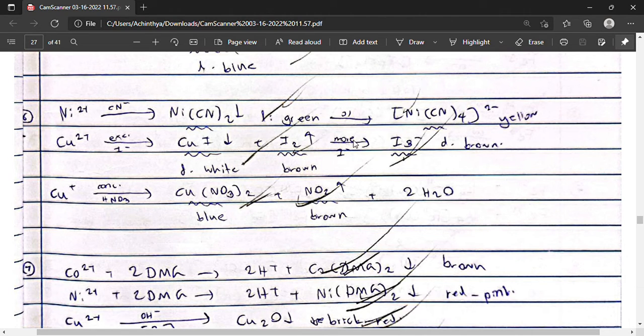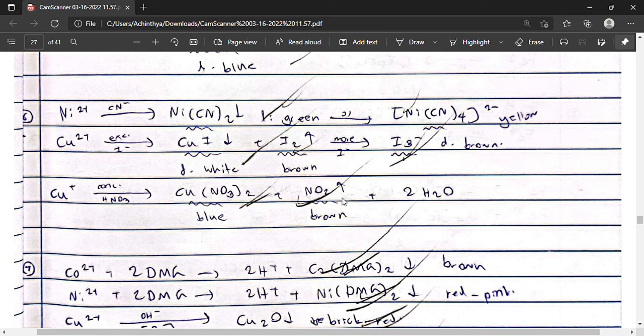Under further addition of the iodide ion, we get the dark brown I3- solution. This is copper +, the cuprous ion, cuprous. If we add concentrated nitric acid into the cuprous ion, we get the blue cupric nitrate,